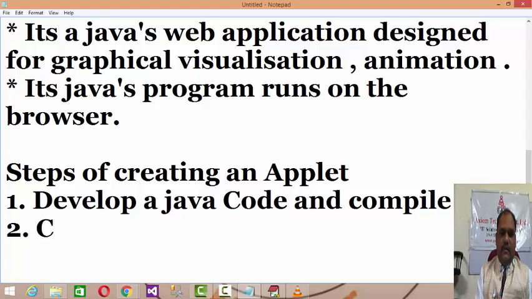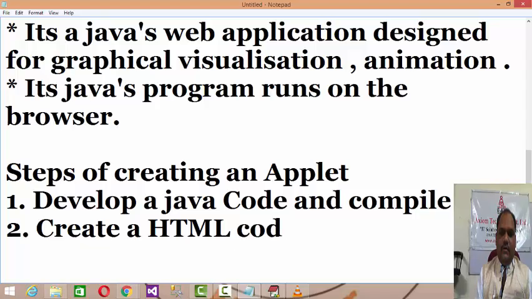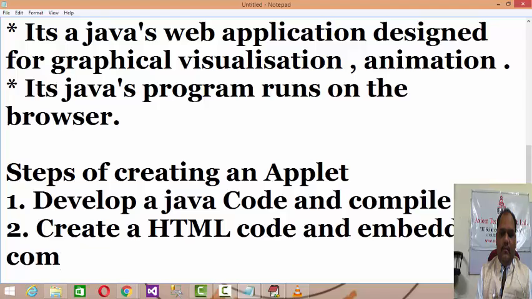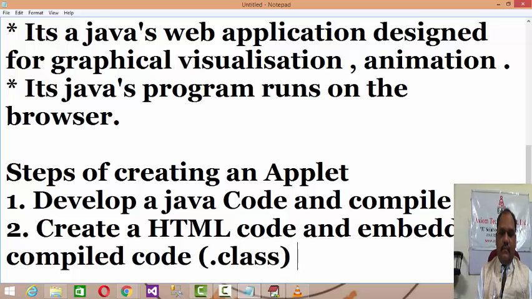Second, create a HTML code and embed compiled code, that is called as .class file, right?